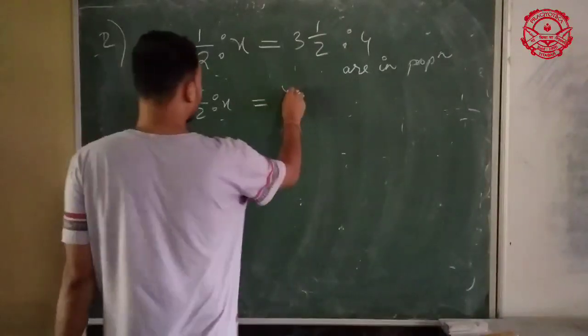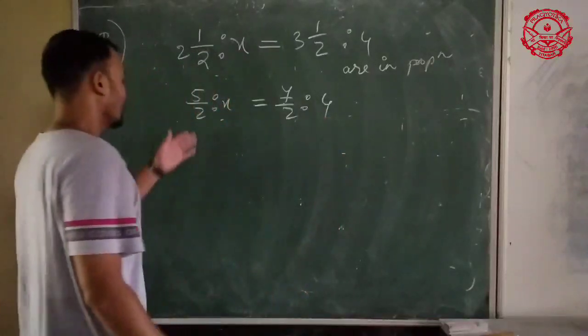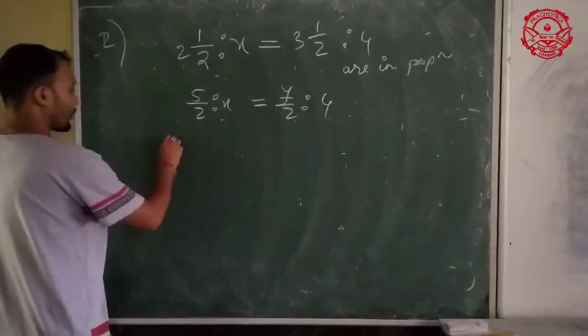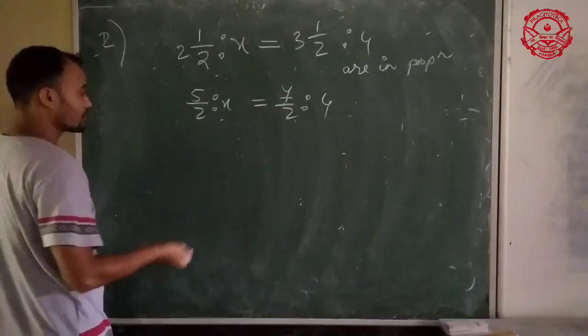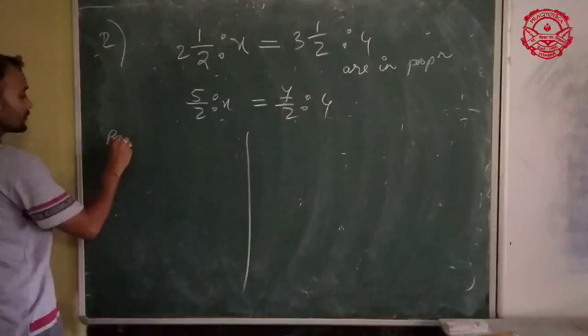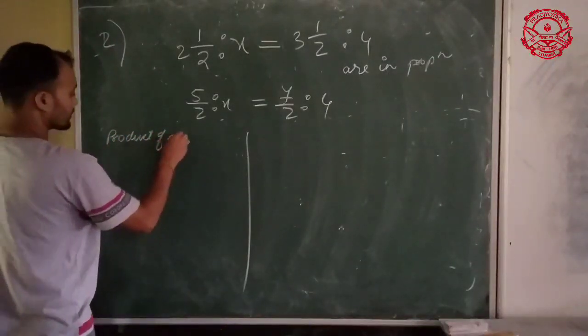This is 7 by 2 is to 4. Fine. You can use the formula like product of extremes. I will show you both. You see, the product of extremes